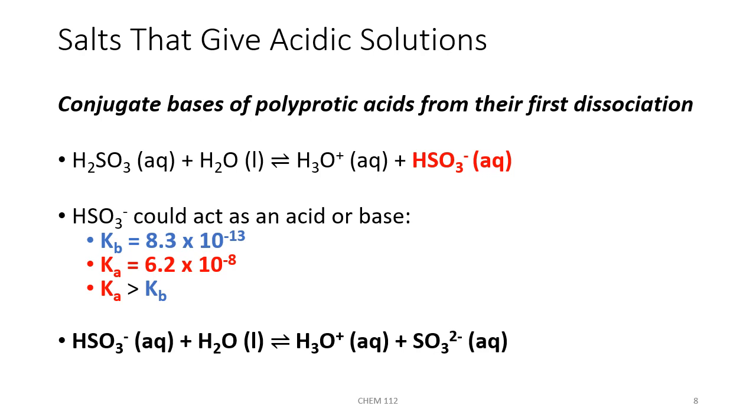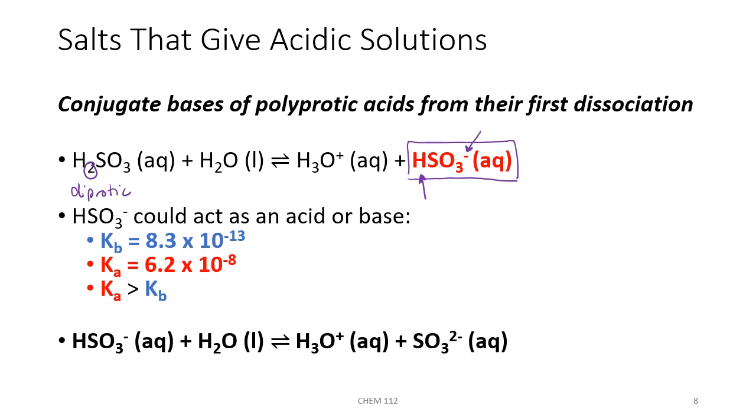Conjugate bases of polyprotic acids from their first dissociation are also salts that will give acidic solutions. So imagine that we have sulfurous acid, H2SO3, which is a diprotic acid. When it dissociates in a stepwise manner and loses its first proton, the conjugate base from sulfurous acid is HSO3-, the hydrogen sulfite ion. Hydrogen sulfite could be an acid or a base. You'll find it in two locations on your acid-base ionization chart. It has a proton that it could donate, and it also has a negative charge where it could accept a